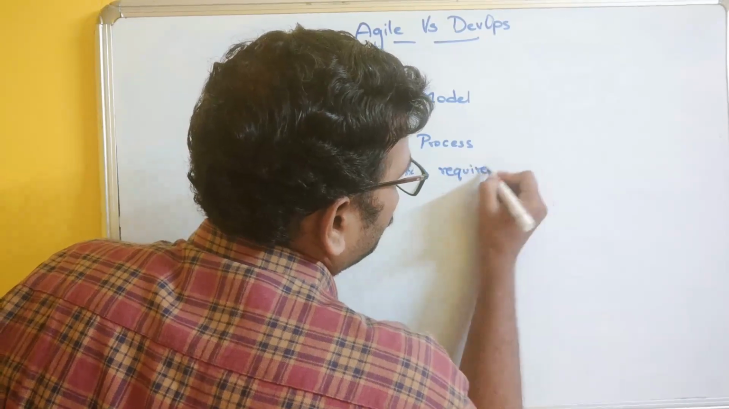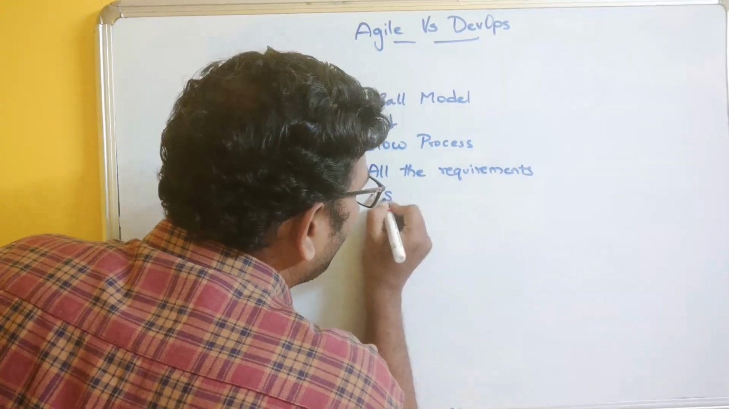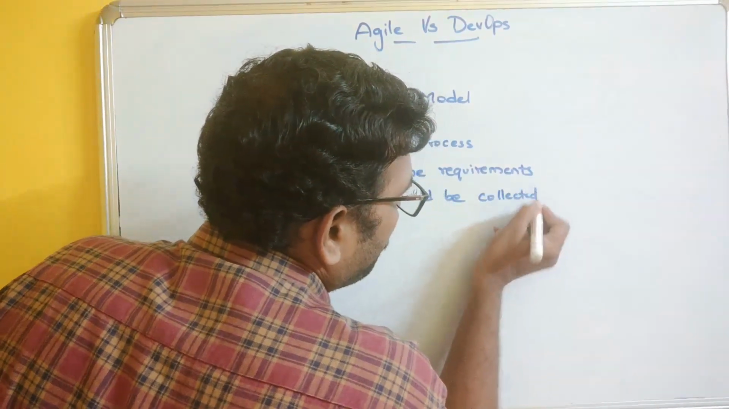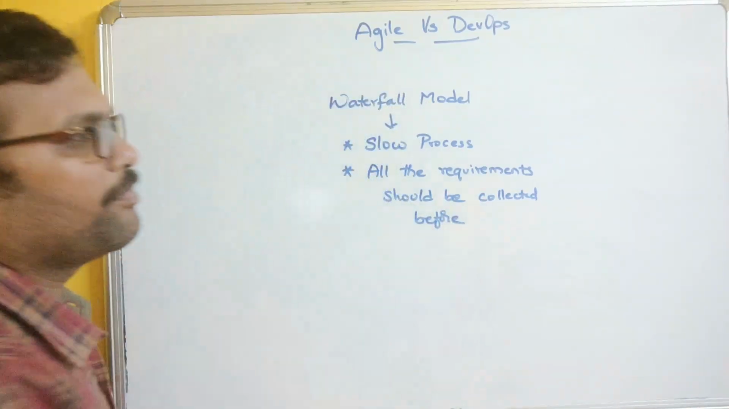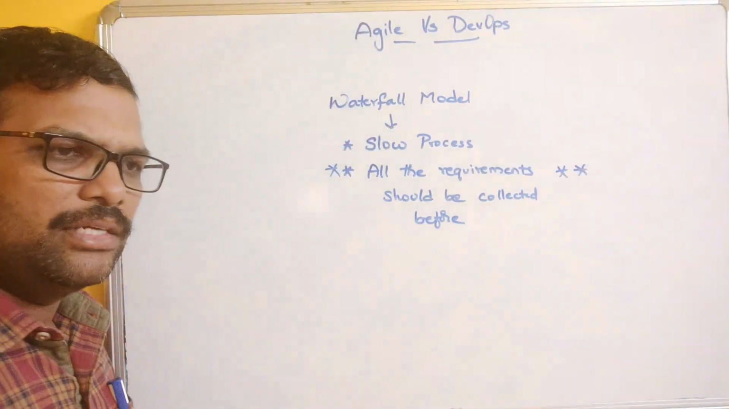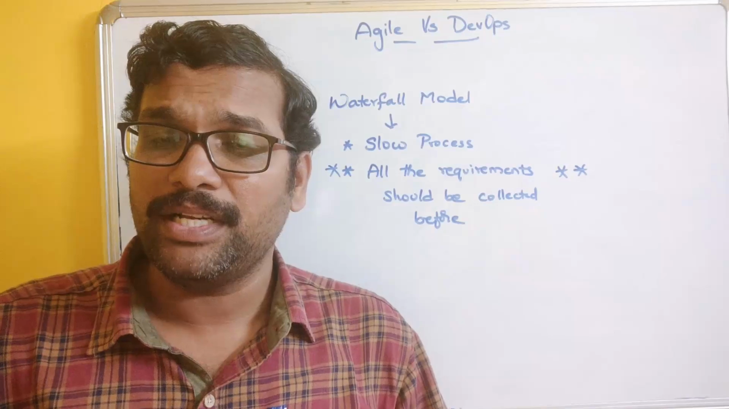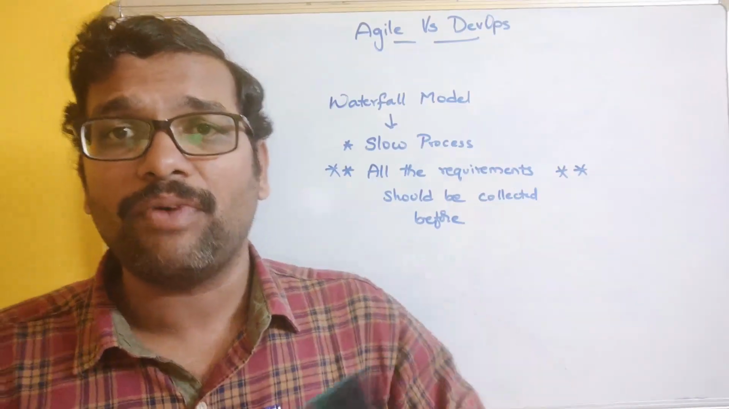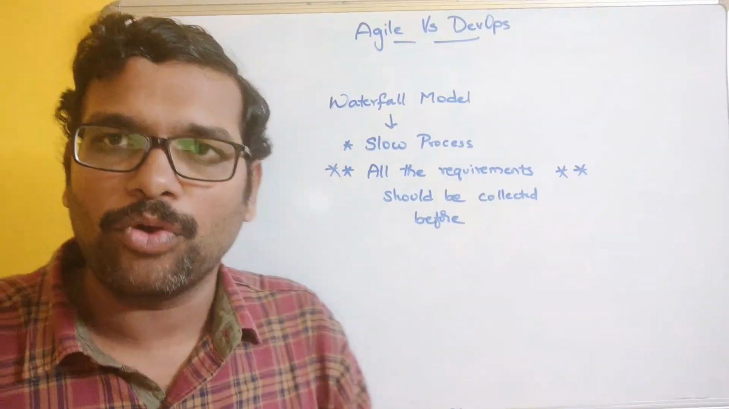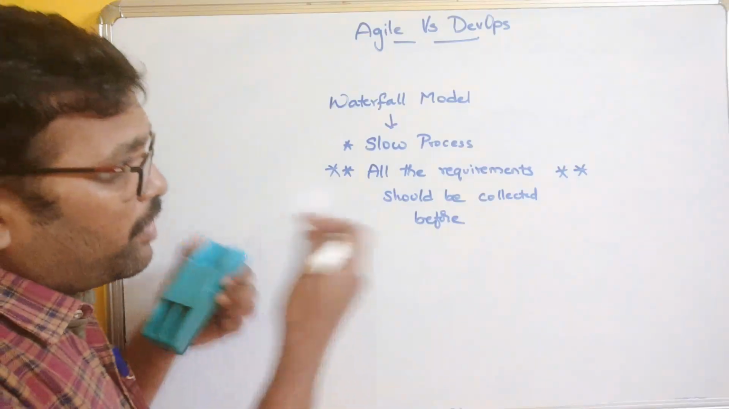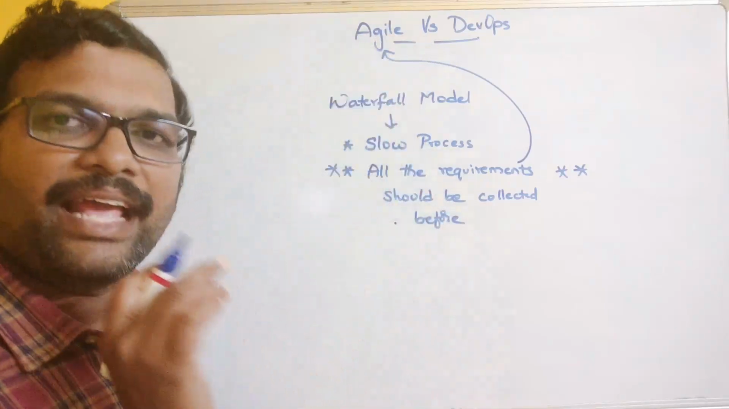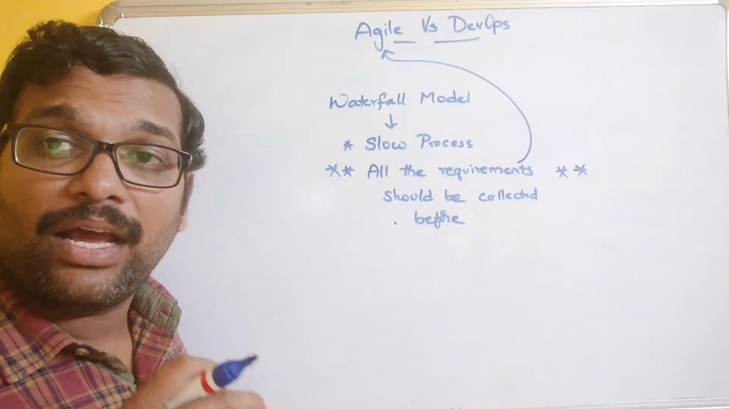So all the requirements should be collected before starting this model. This is the most important drawback of the Waterfall model. The customer may change his or her requirements, and we have to accommodate those requirements while developing the software. But that doesn't happen in this particular Waterfall model, right? So in order to overcome this, there is another model called the Agile process model, where the requirements,